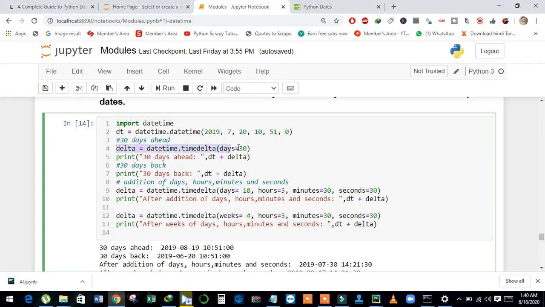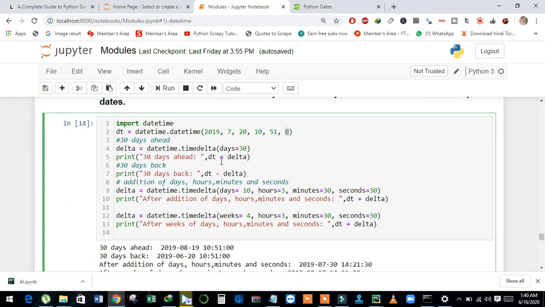And see here, now I want to create object of timedelta, and see here I just assign argument days equal to 30. And see here, if I want to calculate 30 days ahead, it means I want to calculate next 30 days from the date. And see here I have assigned here 2019 July 20 and 10th hour 51 minute and 0 second.